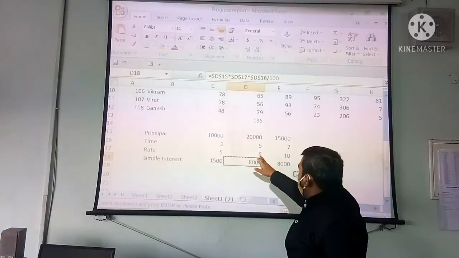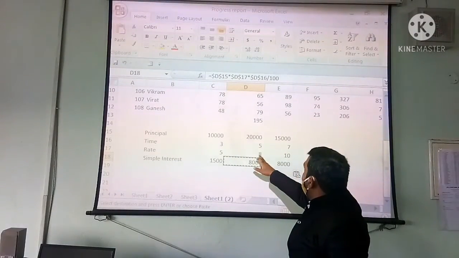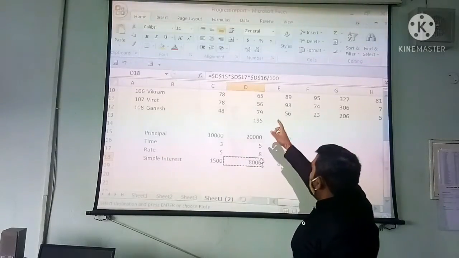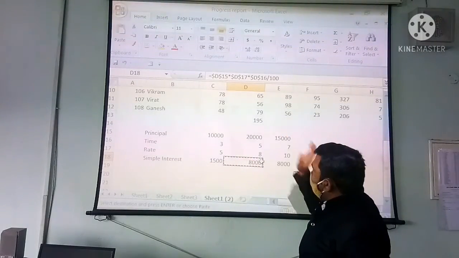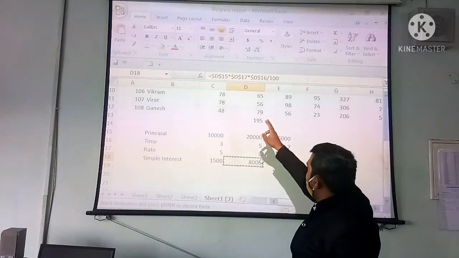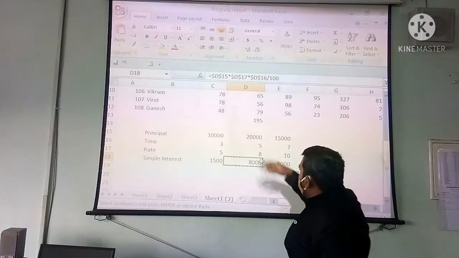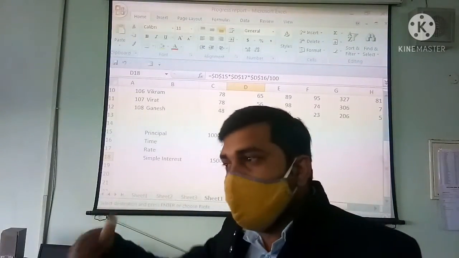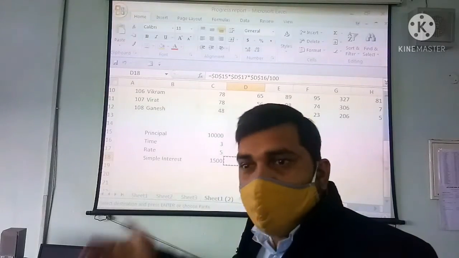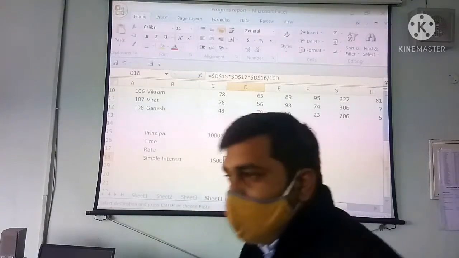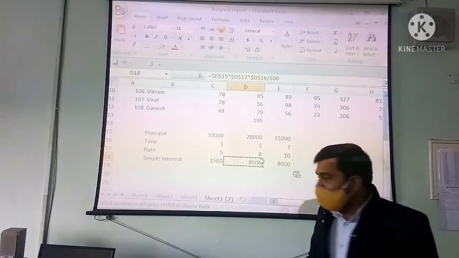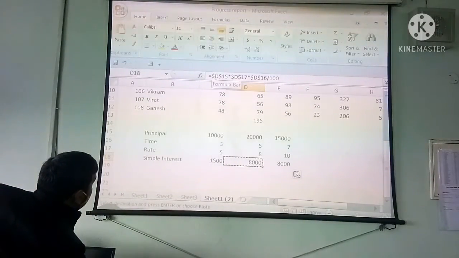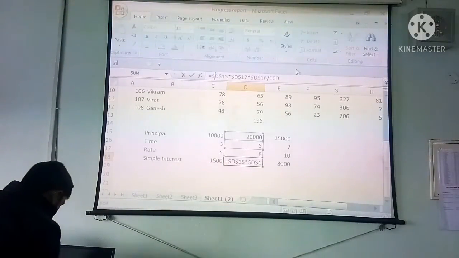So where is this rate present, in which column? That is D17. So for this D17 we put the dollar before D and before 17, dollar D dollar 17. In the other values, principal and rate, we remove the dollars, because we want to change their address. We want to take the value from the current column. So I will go there, and this dollar we remove it from the principal.